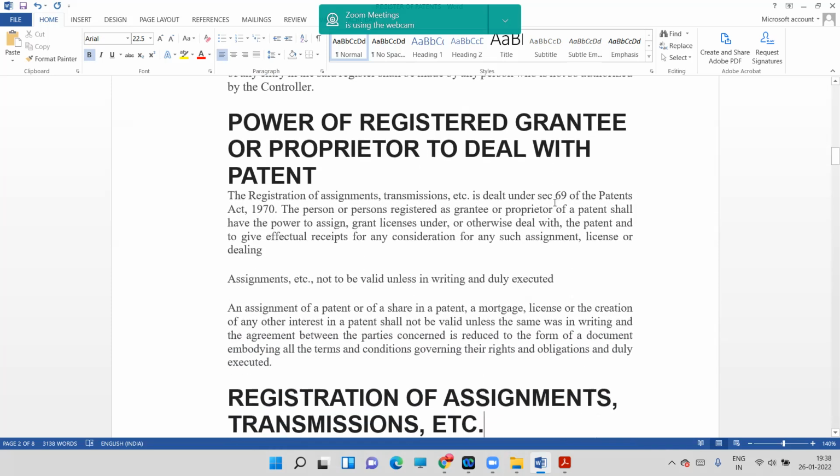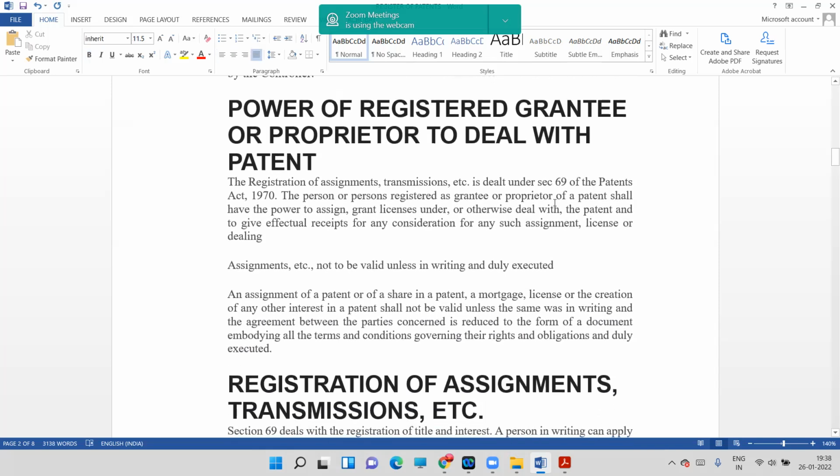The power of registered grantee or proprietor to deal with patent. The registration of assignments, transmission, etc. is dealt under Section 69 of the Patents Act 1970. The person or persons registered as a grantee or proprietor, ठीक है, मतलब ग्रांट मिल चुका है, ग्रांटी हो चुका है, or proprietor of a patent shall have the powers to assign, grant license under, or otherwise deal with the patent, and to give effectual receipts for any consideration for any such assignment, license or dealing. ठीक है, अगर सपोज अभी श्यामलाल ने क्या किया, उनका लाइसेंस कर दिया, किसी को असाइन कर दिया, और उसके थ्रू उन्होंने मतलब लाइसेंसिंग करवा दी पेटेंट की, तो उसके रिलेटेड जो डॉक्यूमेंट्स है वो भी इसमें होंगे, ठीक है।